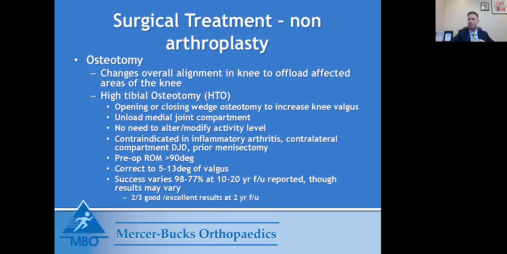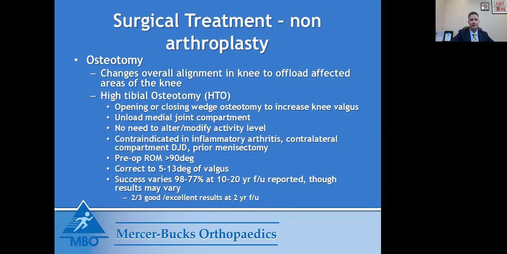So I'm going to talk briefly about something called an osteotomy. It's not something that we commonly do anymore, but really for completeness and for some of our younger patients, this might be something that is an option. It's basically cuts in the bone to change the overall alignment in the knee to offload the affected area of the knee. So basically the surgery is called a high tibial osteotomy, and basically opening or closing a wedge to